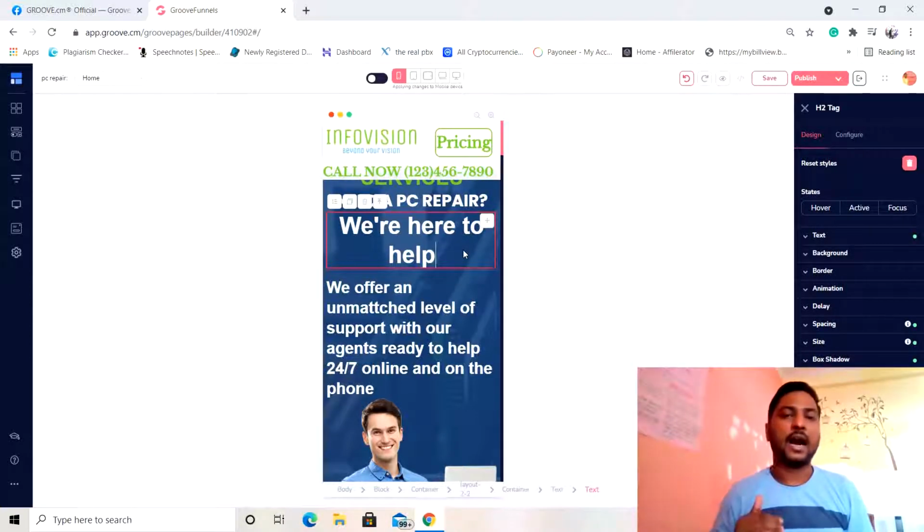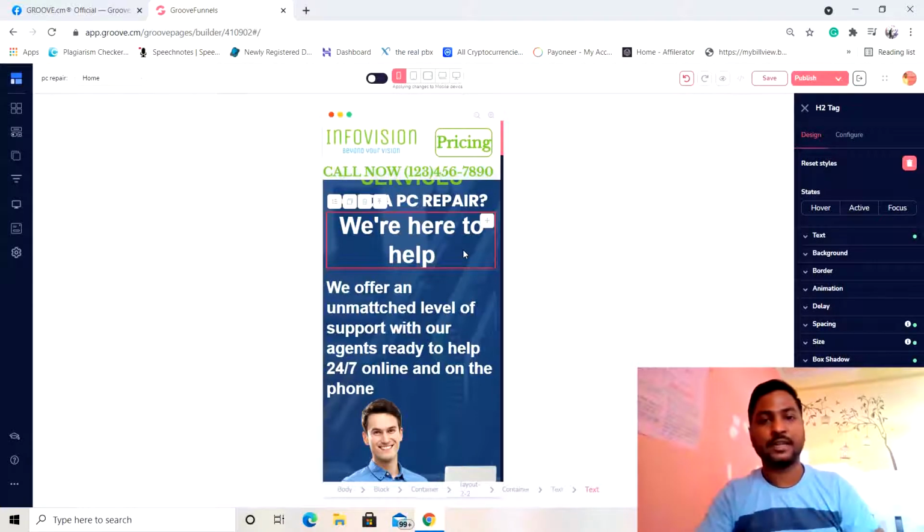Okay, I understand it is still a little bit big, the pricing button and the logo. We can make it a little bit smaller so that it looks good on the mobile device. But now my vision is to show you what actually the problem is that we are facing.